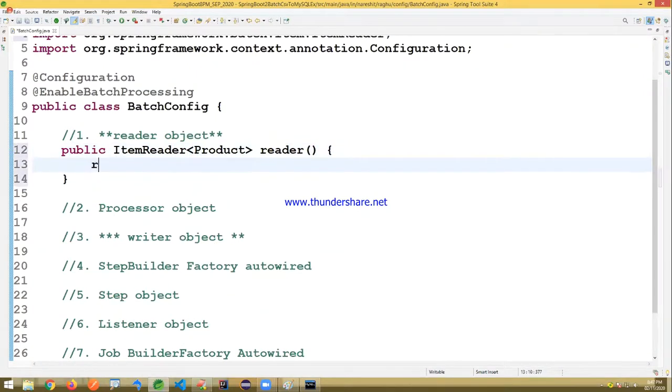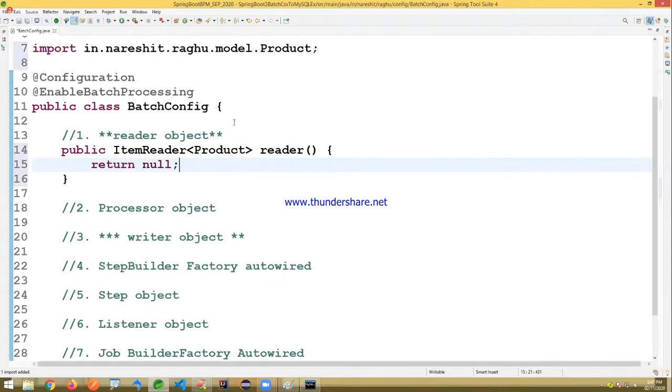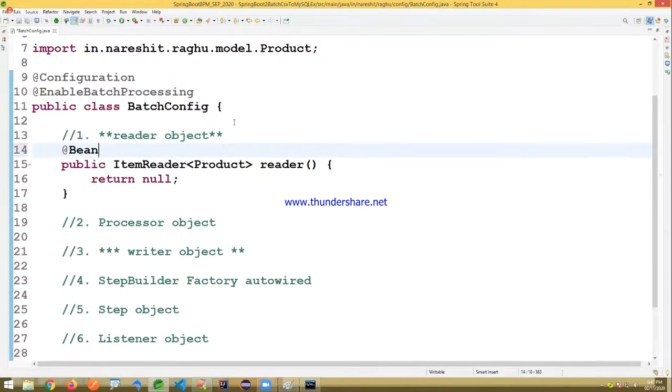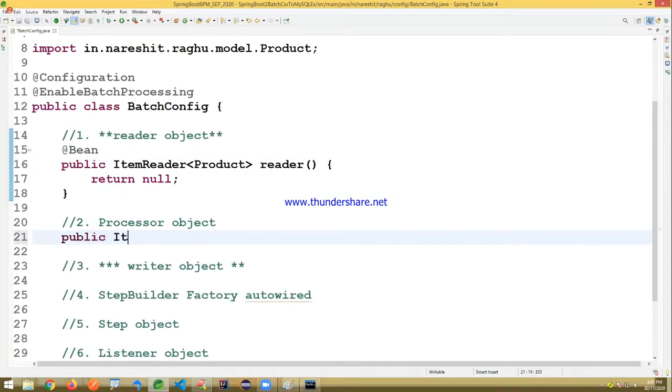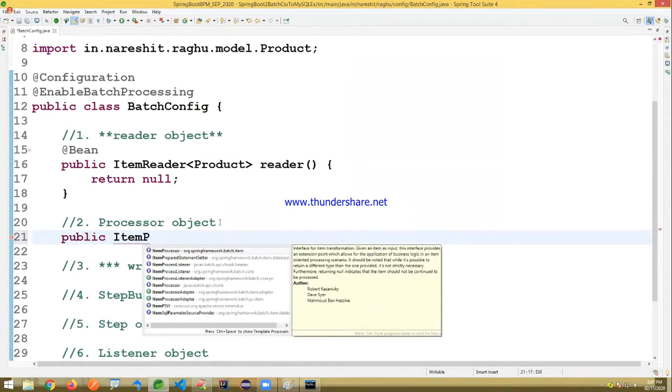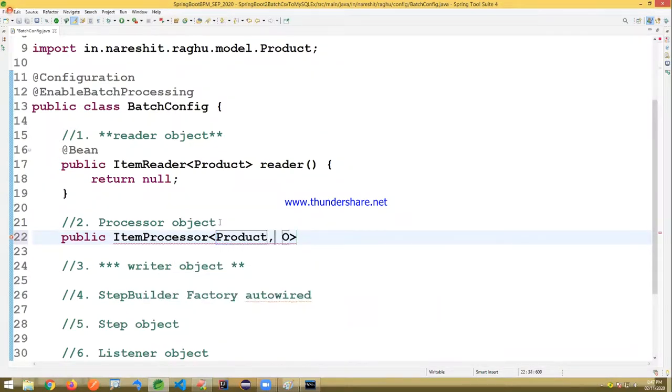Okay, we have to write the logic. Just I'm writing return null. Concentrate carefully. @bean. @bean. Observe. Processor object. Public item processor. It's a product, comma product. There I'm writing processor.